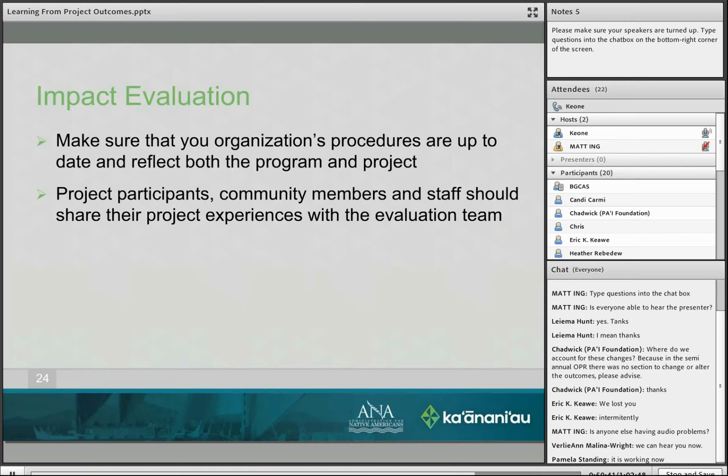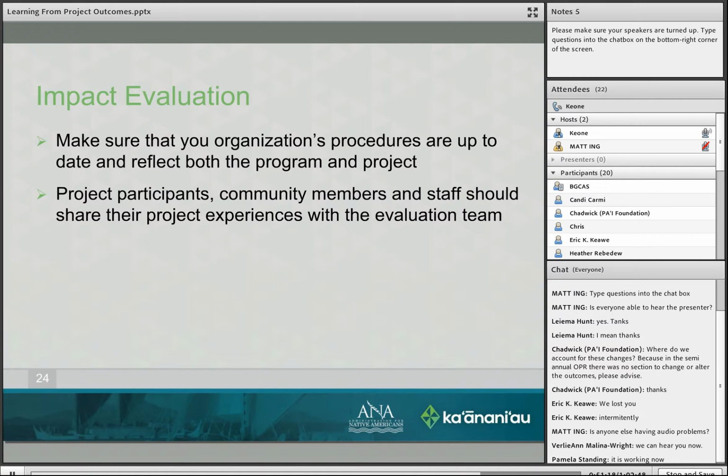You might think this project is a total disaster, but the participants, community members and staff think it's wonderful. So it's necessary to look at participants and community members as an active part of your evaluation. Sometimes they can sing praises of the project much better than you can as personnel.